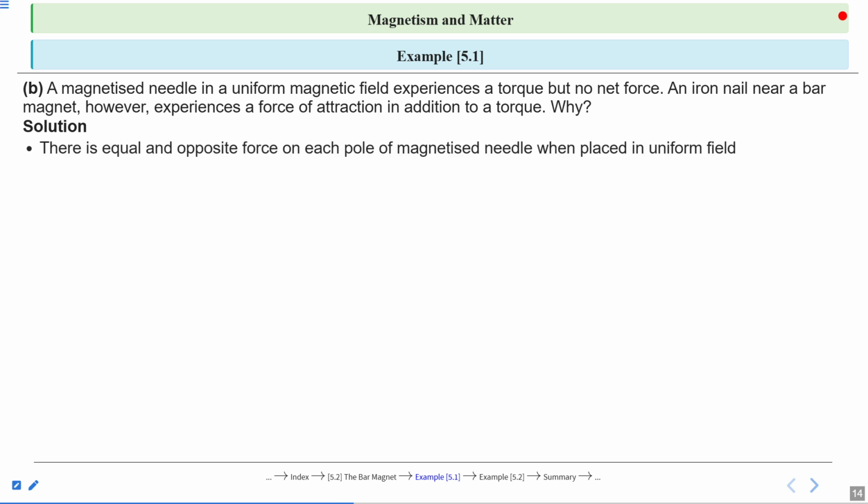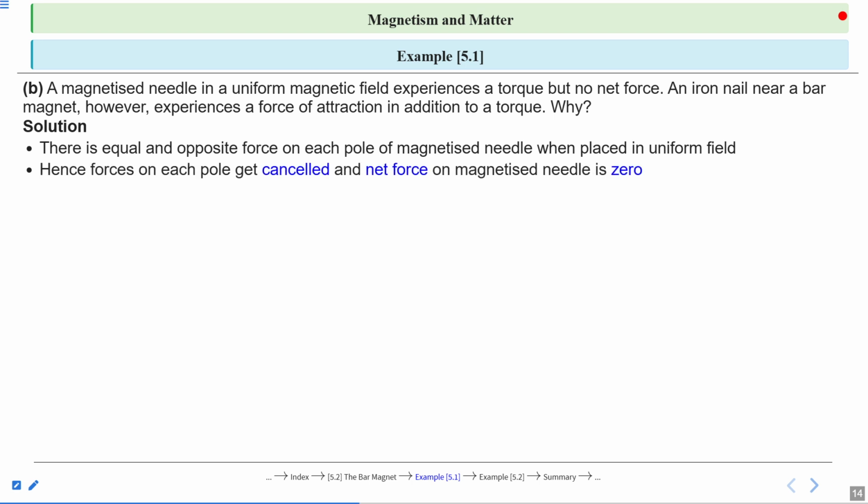So there is equal and opposite force on each pole of the magnetized needle. Okay, firstly we will discuss the magnetized needle. There is equal and opposite force on each pole. We have discussed this in the derivation also, on the magnetized needle or magnetic bar, when placed in a uniform field, hence the force on each pole gets cancelled out and the net force on the